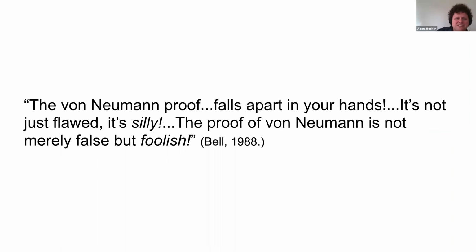Anyway, so he sat down then finally and tried to write up his thoughts on this and really engage with von Neumann and Jauch and Piron and Gleason. And what he found when he did, as he described it later, was something that he was not very impressed with. He said that the von Neumann proof was flawed. It was, or not just flawed, but silly. He said it was not merely false, but foolish. He absolutely could not believe how badly von Neumann had screwed up here.